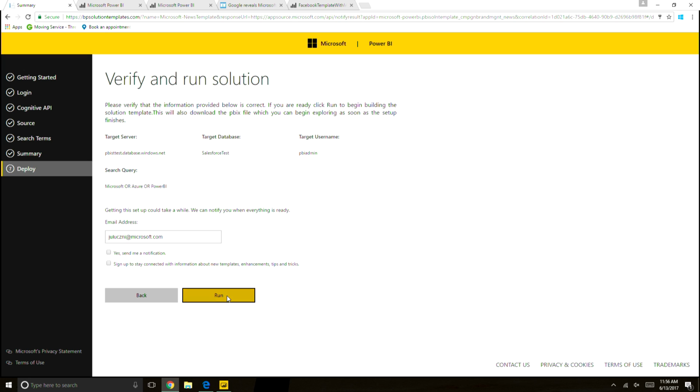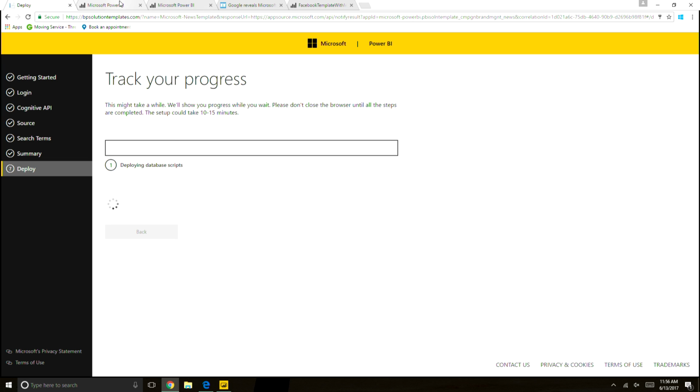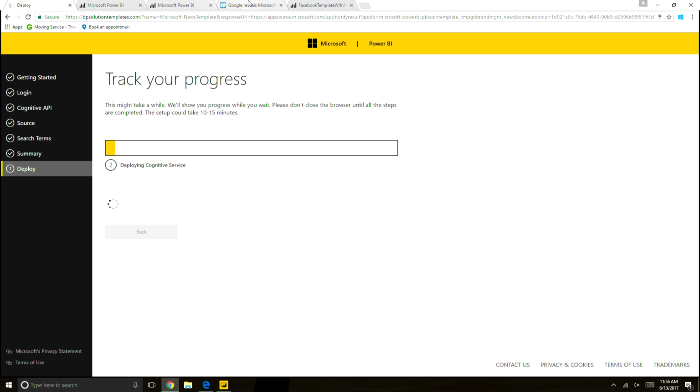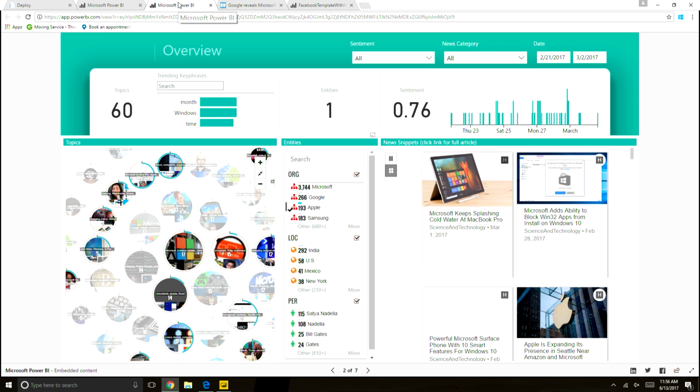I'm just going to click run, and now it's going to go ahead and deploy everything. I'm not going to stay on this page because it's going to take a good 10 minutes to deploy, and I don't think that makes for the most interesting demo. We can watch the taskbar move along, but I don't think that's a great use of your time. So I'm just going to jump back into